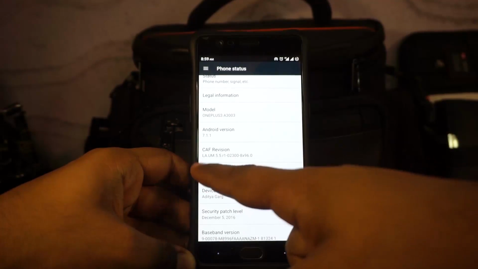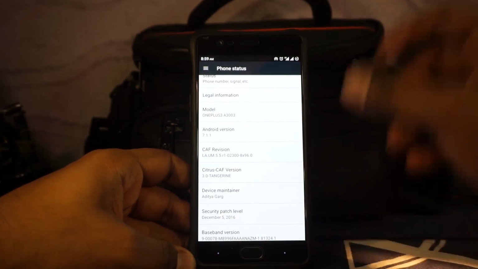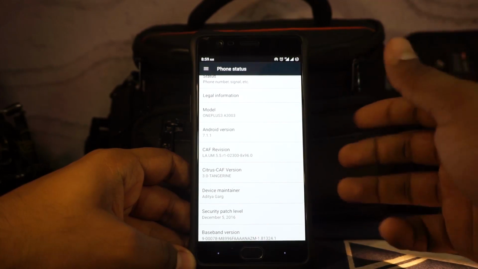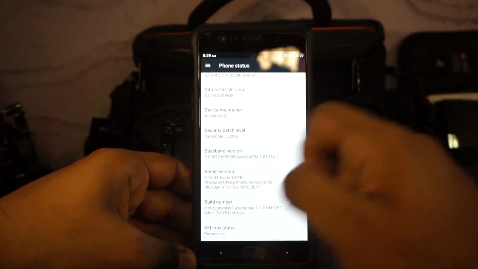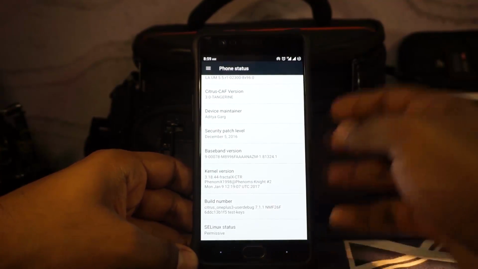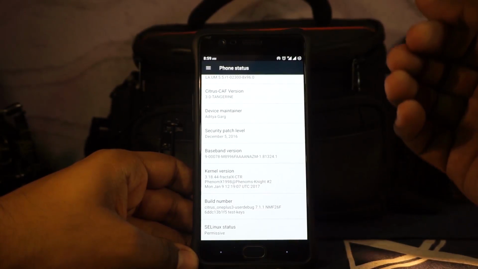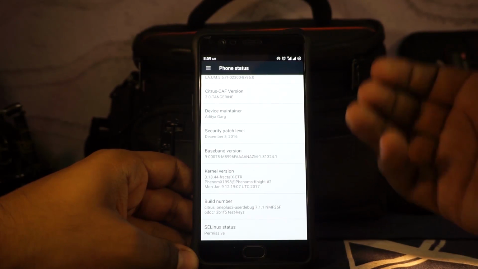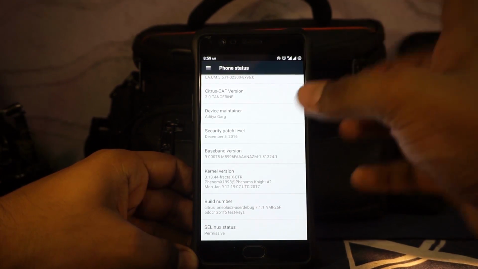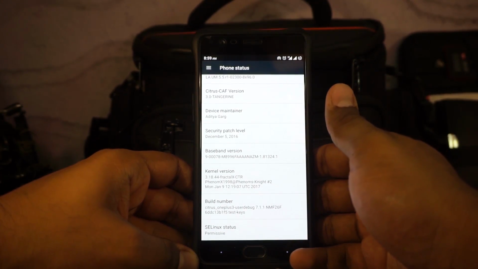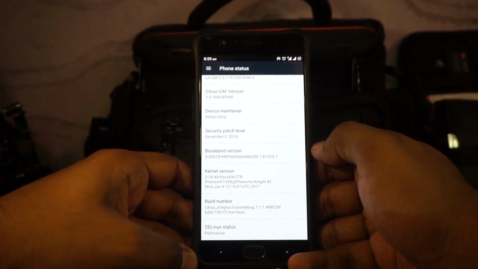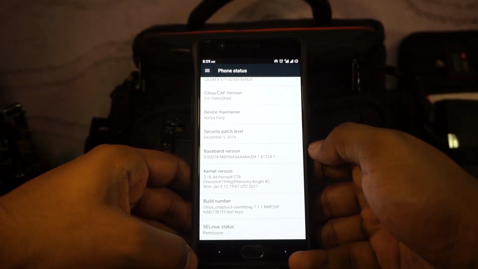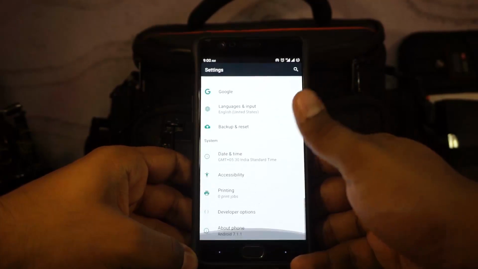As you can see, CAF revision is LAUM 5.5R1, which is the latest, I believe. I didn't find any newer versions of it, but apart from that, the kernel is something called a Fractal X kernel. It is a custom kernel for this ROM, and in my opinion, it does work out very well. I will get into the quirks of the ROM after some time, so just so that the SELinux status is permissive rather than enforcing,